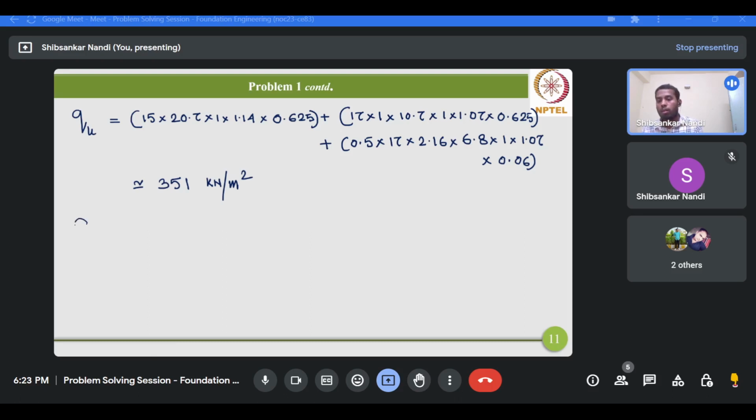Okay, so therefore QNU, this will be 351 minus 17, that is 334 kilonewton per meter square. Okay,